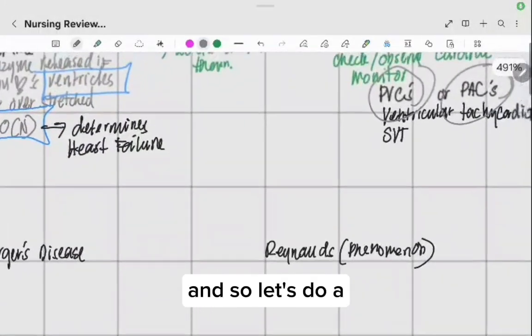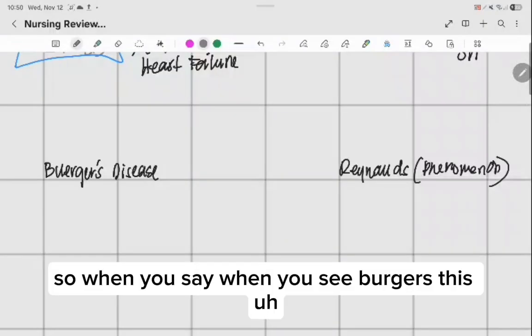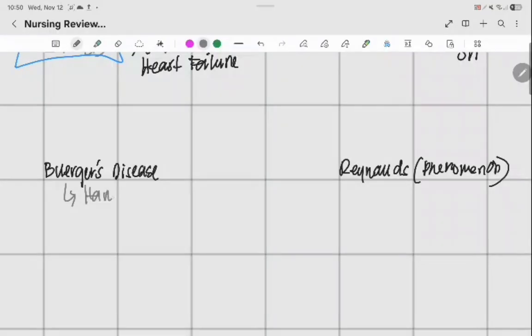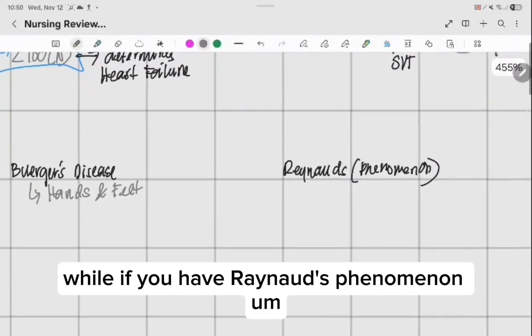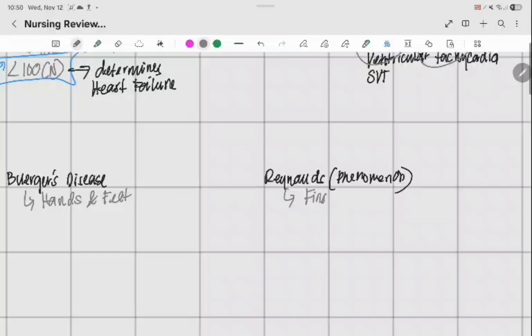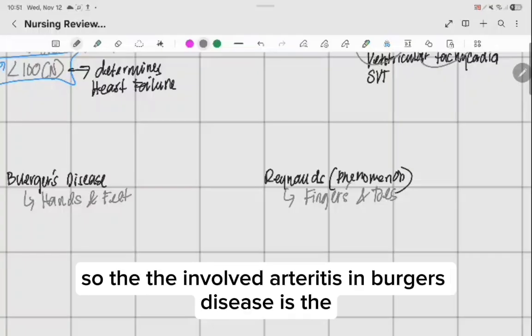And so let's put emphasis on Buerger's and Raynaud's disease. When you see Buerger's, the involved part of the body would be your hands and your feet, while if you have Raynaud's phenomenon, the involved part is your fingers and your toes. Okay, fingers and toes. So when it comes to the arteries,